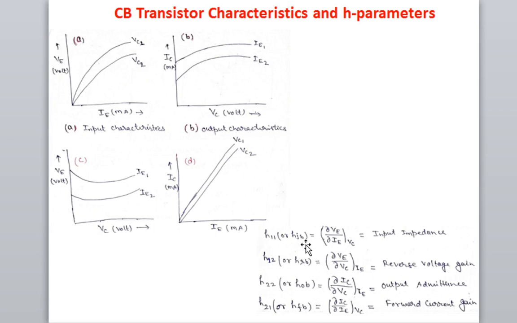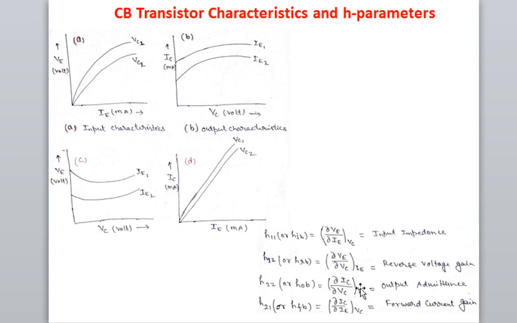when the second term B is coming because of the common base. And the I term is input impedance, R term reverse voltage gain, F term forward current gain, and O term output admittance. So HIB, HRB, HOB, HFB. HFB is forward current gain, that is del IC upon del IE at constant VC. HOB is output admittance, del IC upon del VC at constant input current. HRB is reverse voltage gain, del VE upon del VC at constant input current. HIB is del VE upon del IE at constant output voltage, that is input impedance. So these are known as the H parameters of a common base transistor.